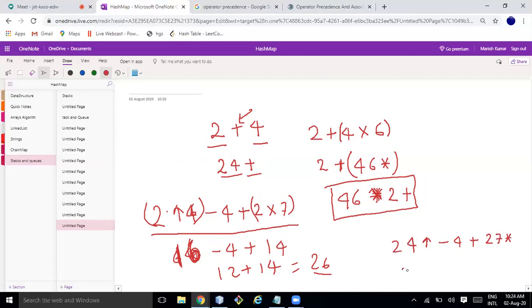Then from this side I'll keep on doing: 2 4 power 4 minus, then we have this plus 2 7 star, then this is one, this is another.